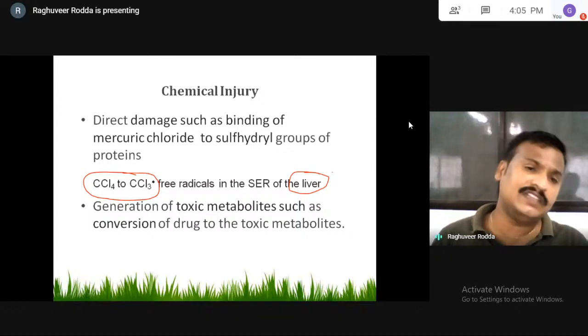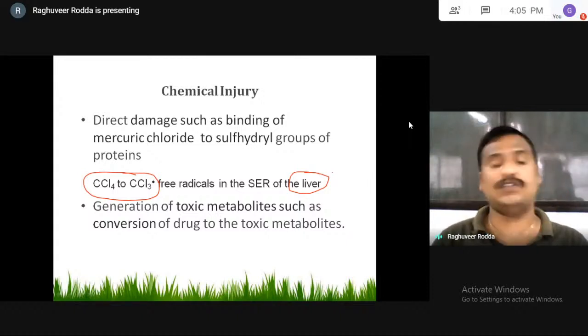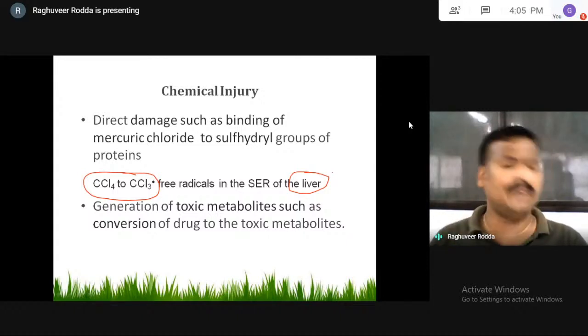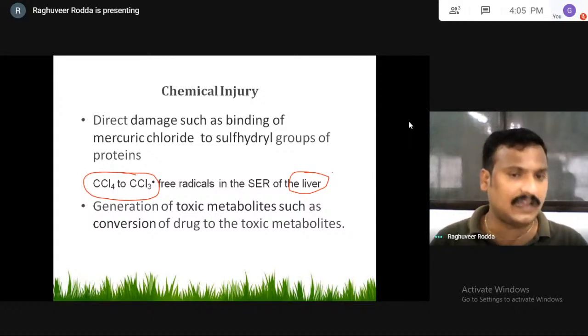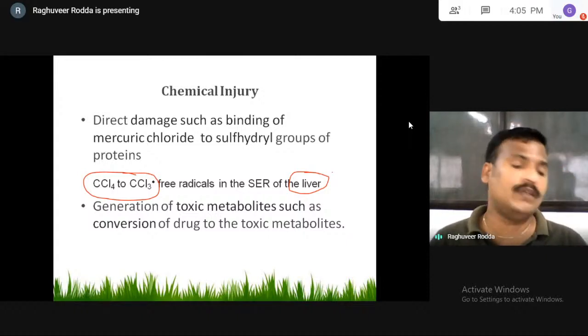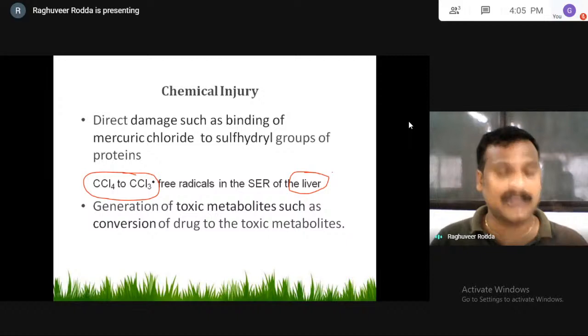Whenever carbon tetrachloride is introduced at a high concentration in the body, it will be converted into carbon trichloride free radicals, and these carbon trichloride free radicals will go and